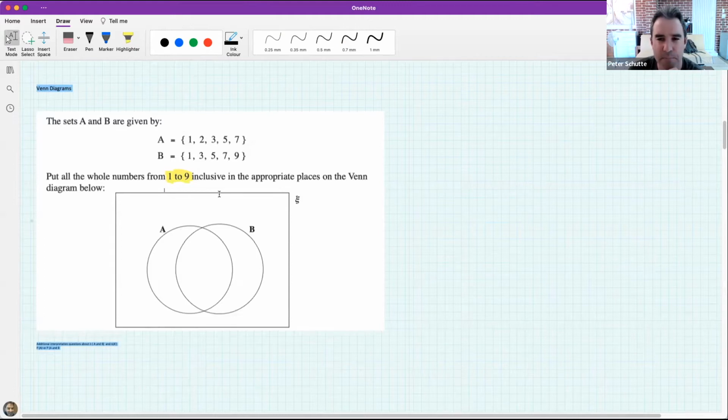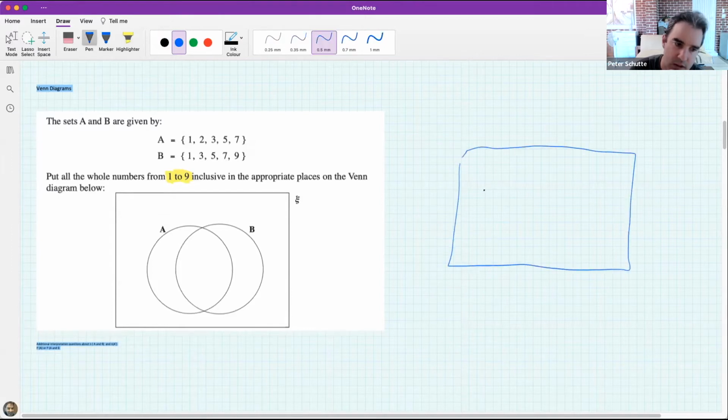I'm assuming you had some basic exposure to Venn diagrams. If you haven't, now's a great time to ask your question. So I want you to draw this on your page. You're drawing your Venn diagram. You've got A, you've got B, and I want you to think about